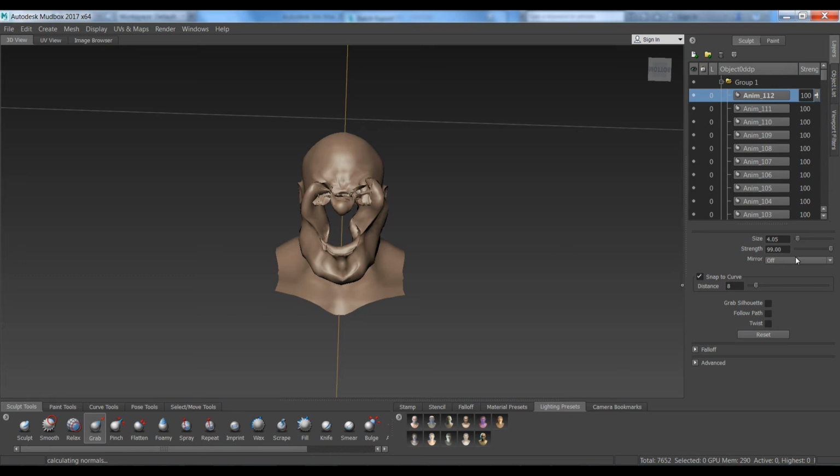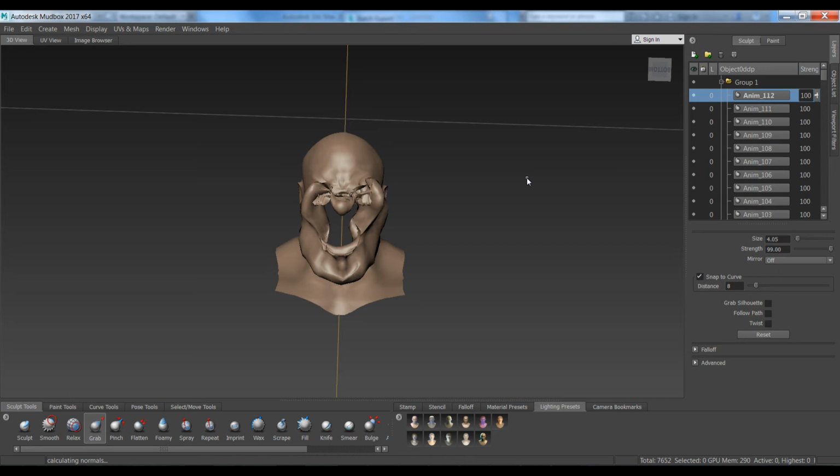The first is you can turn off all of the sculpt layers one by one, and turn on each sculpt layer and export each animated mesh separately. But as you can see, there are 112 animated meshes, so this process will take you some time. The second option is we can send this mesh to 3D Studio Max and utilize a script to turn off all the sculpt layers, turn on each sculpt layer one by one, and then export each animated mesh separately. I've coded a script to do this for you, and I'm posting a link to the script in